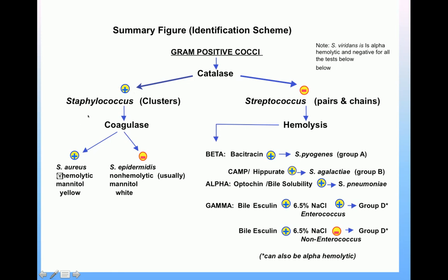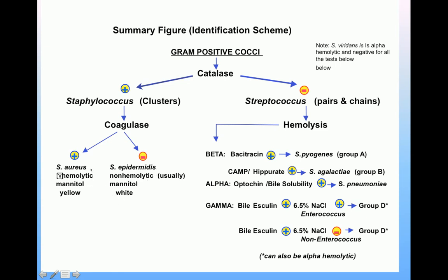Coming to staphylococci, in order to differentiate between different species of staphylococci, you're going to perform another very important test which constitutes your MCQ, and that is the coagulase test. If staphylococci are coagulase positive, they are Staph aureus. If they are coagulase negative, they can be epidermidis or saprophyticus. Then there are other tests performed in the laboratory which are very important for you, and that helps in differentiating between Staph aureus, which is coagulase positive, and coagulase negative staph like epidermidis and saprophyticus.